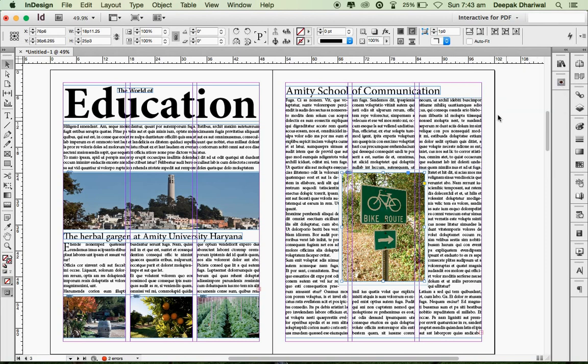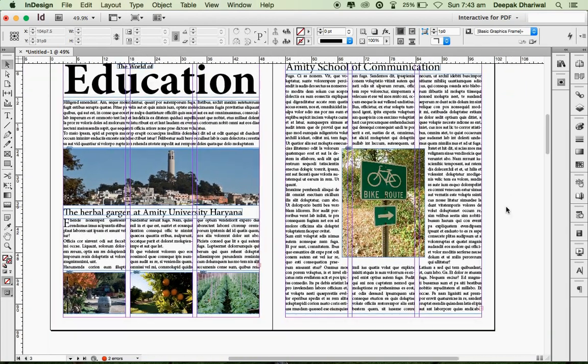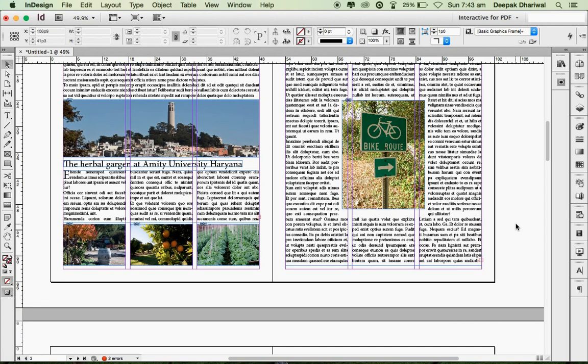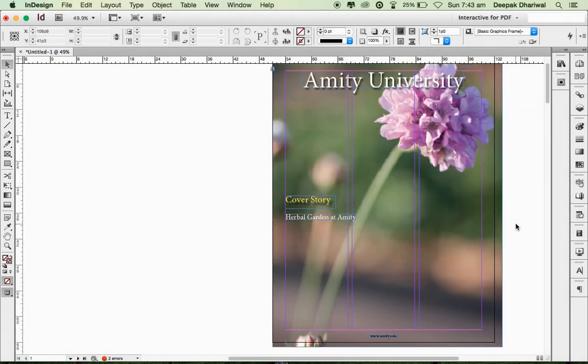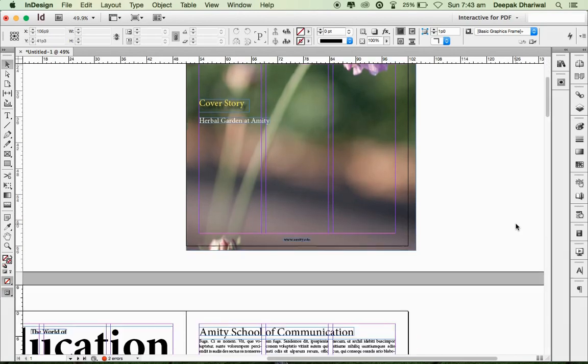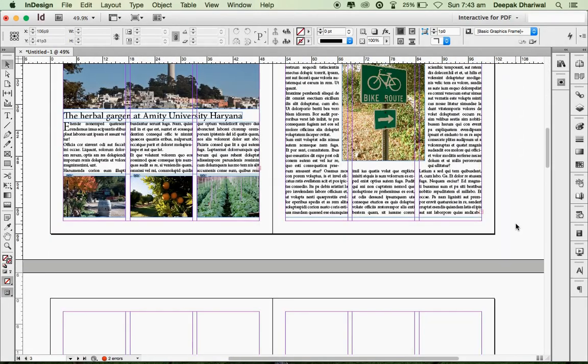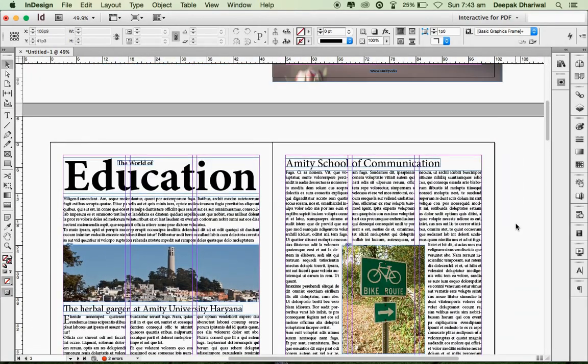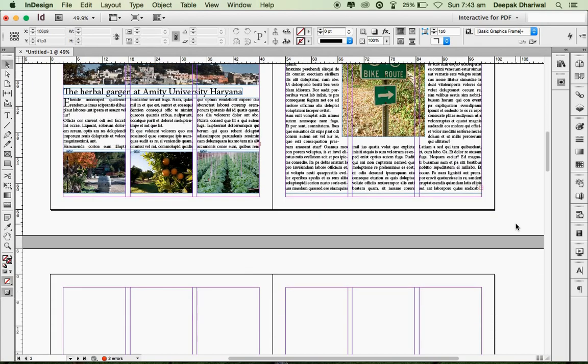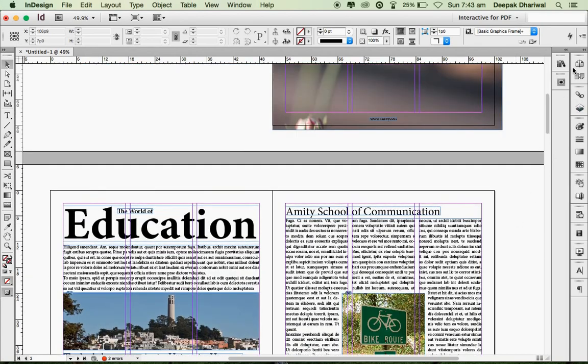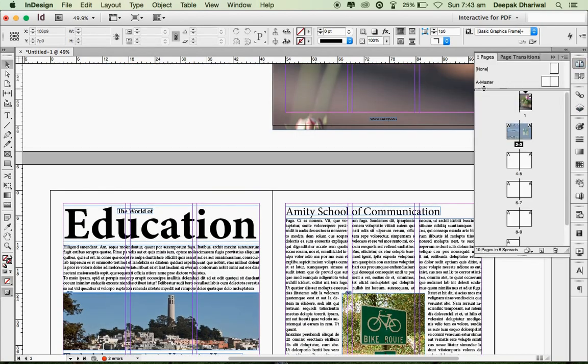Around your image. So this is how you can put some of the images inside the text and all. Alright, so this is how you can create your magazine. There's one more thing I want to tell you, which is one of the most important: if you go to the pages panel, you'll see a master